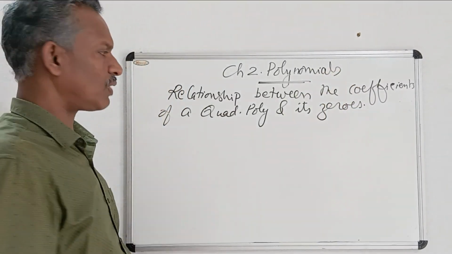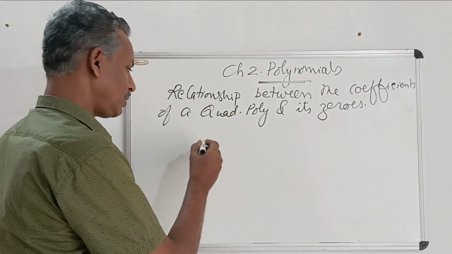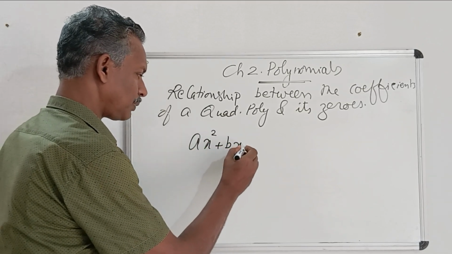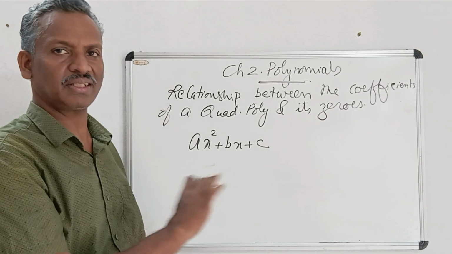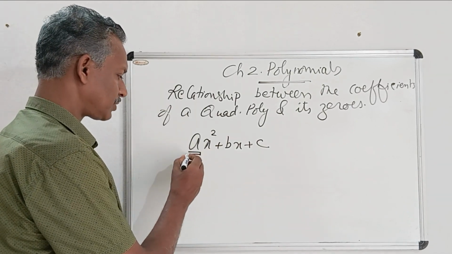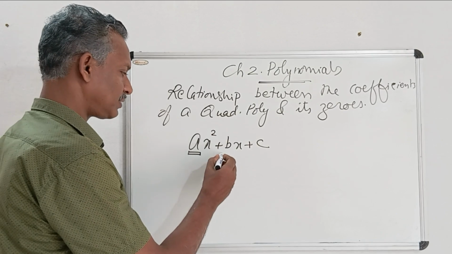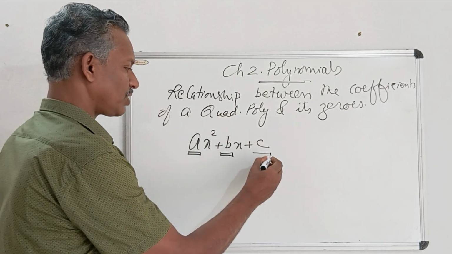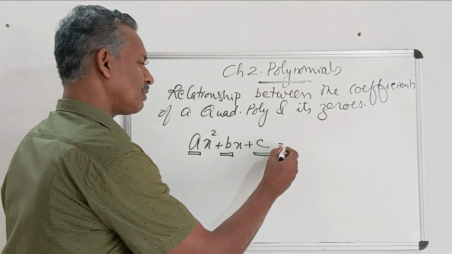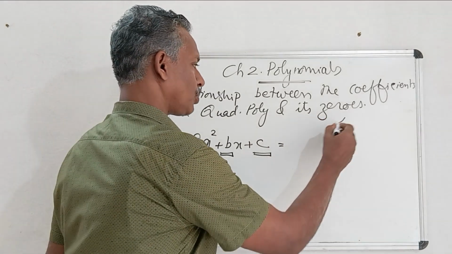You all know what a quadratic polynomial is. It is ax square plus bx plus c. This is the standard form of a quadratic polynomial. Coefficient of x square is a, coefficient of x is b, and the constant is c. These are the coefficients. If alpha and beta are the zeros,